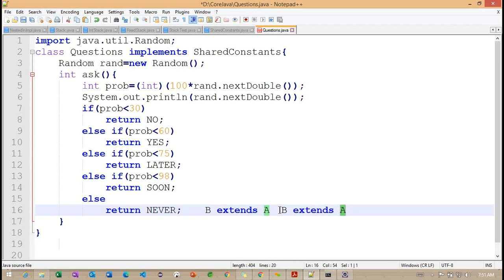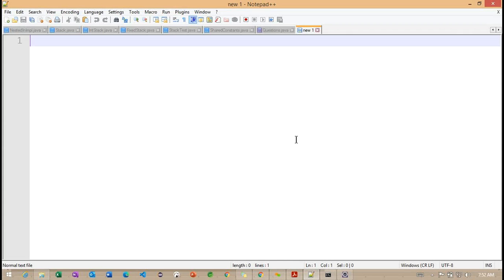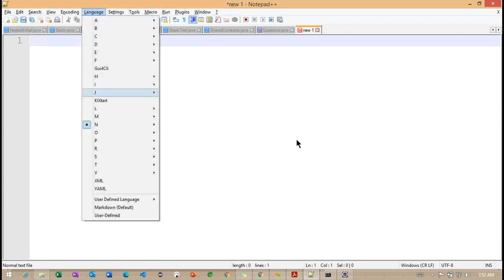So we have one super interface called A, and the sub interface extends from the super interface. We can work with the extends keyword. We cannot work with the implements keyword. The implements keyword is used only when we are working with class to interface. Class to class we already identified: we work with the extends keyword. In the same way, interface to interface, we also work with the extends keyword only. Getting the point. Now we'll understand how we can work with a simple example.